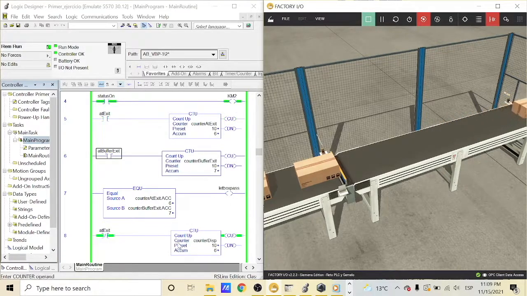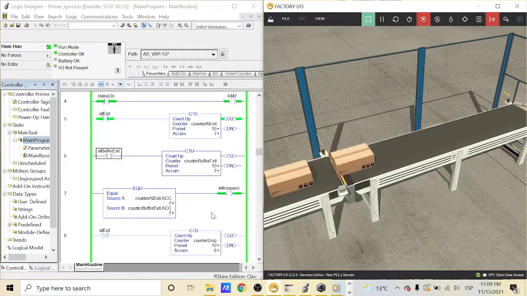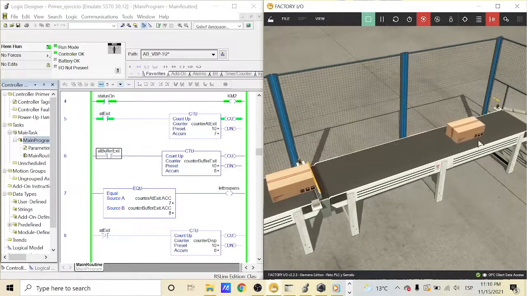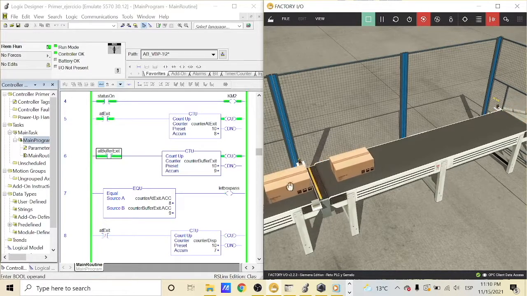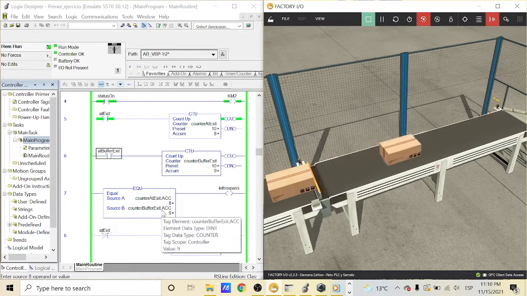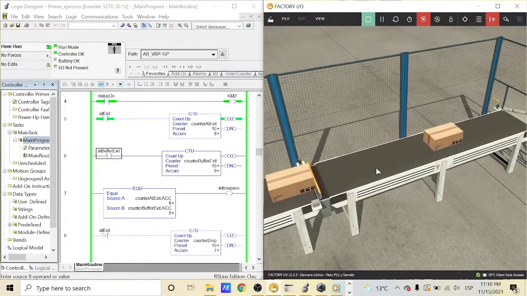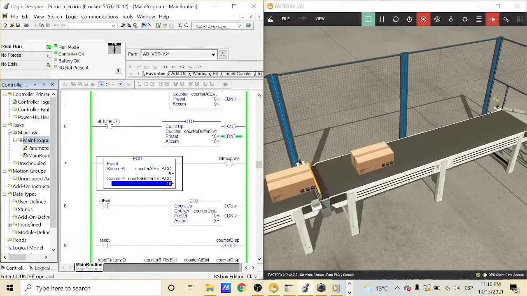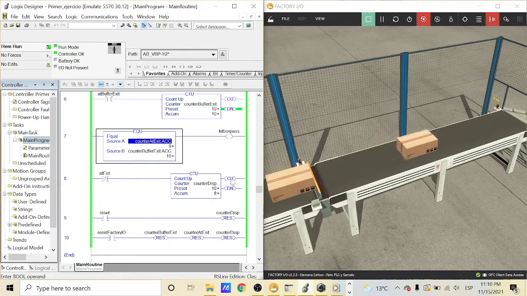For example, once a box passes completely in the addBufferExit sensor, the counter increases by 1. But as this box has not passed the addExit, then the first counter is higher than the second one, and therefore we will not let more boxes pass. When the sent box passes the second sensor, the second counter will equal the first one, and we will let the box pass. Finally, we have the display counter that shows how many boxes have been shipped, and a